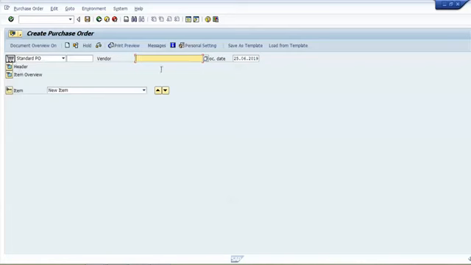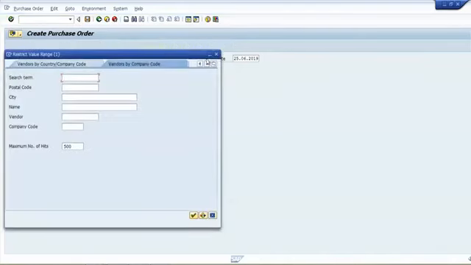First, an important thing while creating a purchase order is that we have to enter our vendor. If we are aware of our vendor, then we can straight away enter our vendor code over here. If not, we can click this find button, so that it will ask the system to find a vendor.